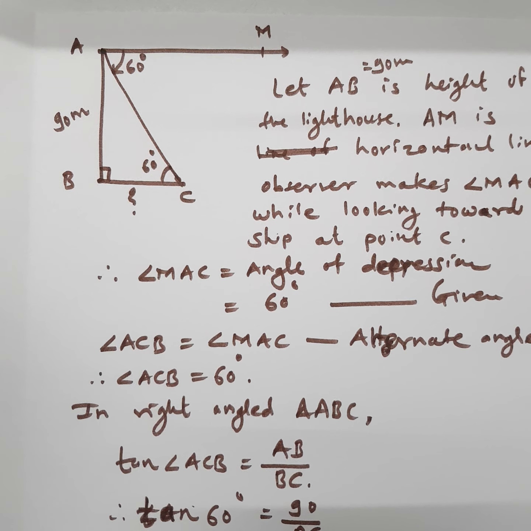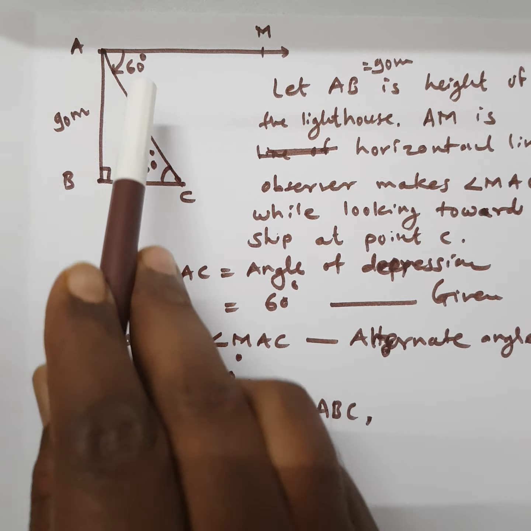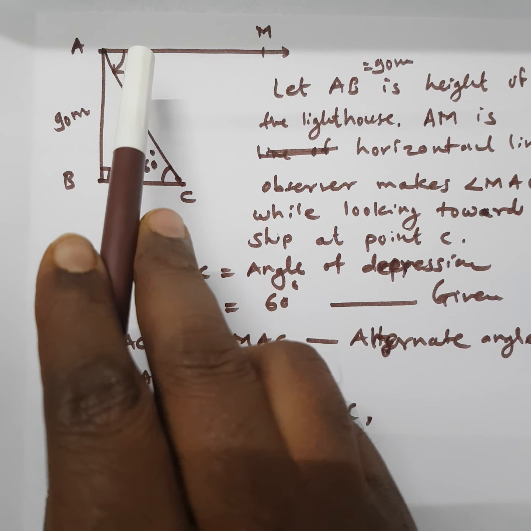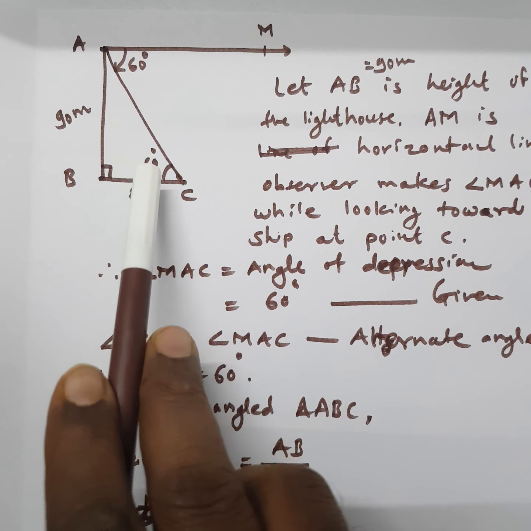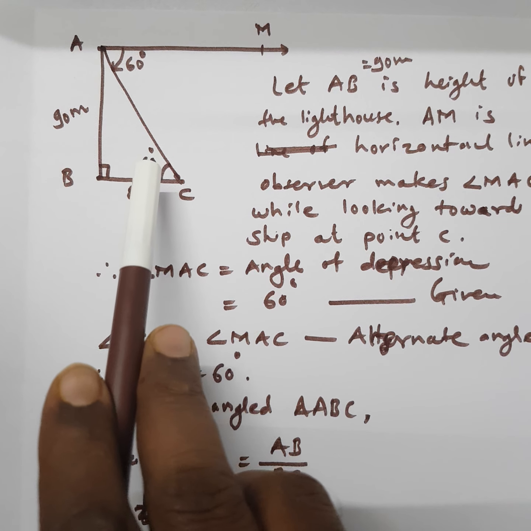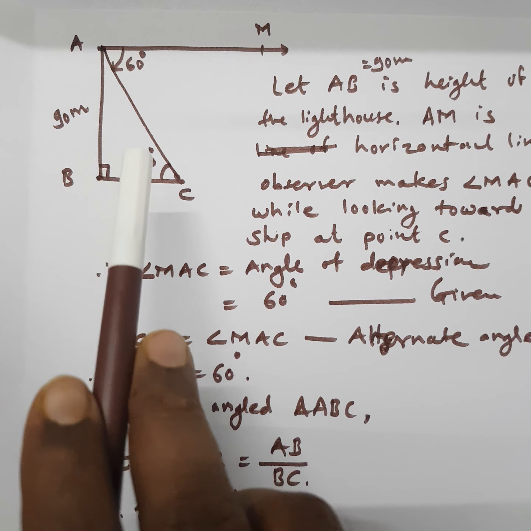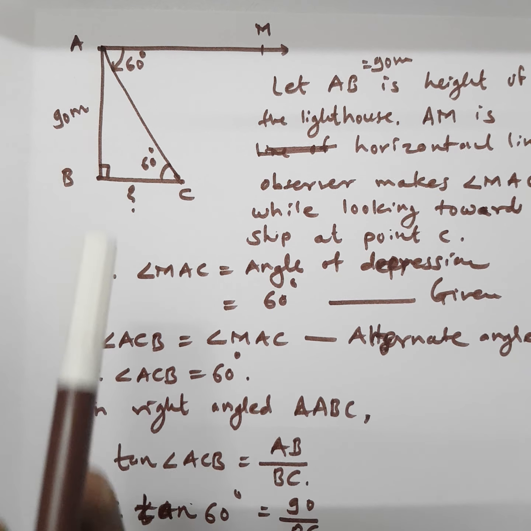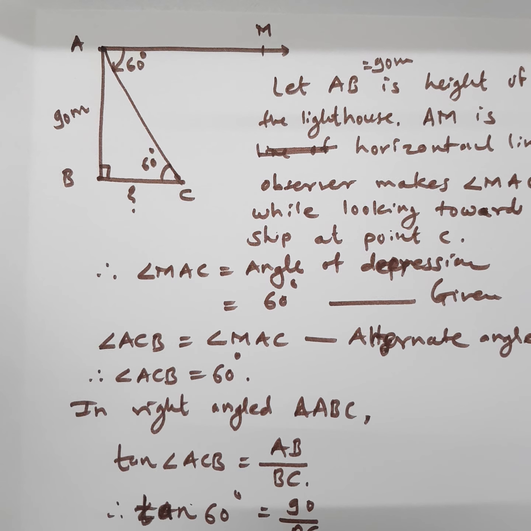In this way, here in this example, the angle was angle of depression. Always in solving this type of examples, we have to use the property of alternate angles, because the alternate angles are congruent. First, we show here angle of depression, and this angle of depression is congruent with the angle of triangle we have drawn, that is here in this example angle C. These are congruent angles, and by using the tan ratio we can find the remaining side of the triangle.